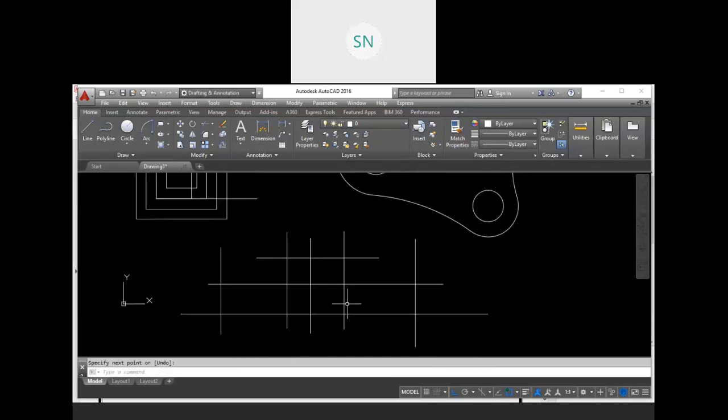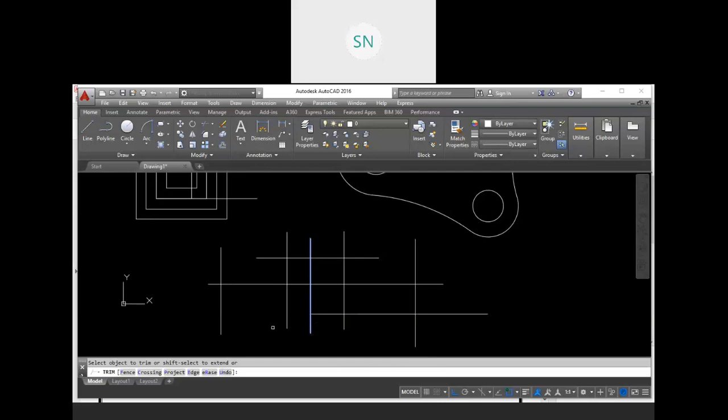So TR, enter. The first selection will be your reference selection. For example, I am selecting this line. This is my trimming object. Enter, and then select the other line which is passing through this line. So it will be trimmed. See, click on this one. So this line is trimmed by this line.